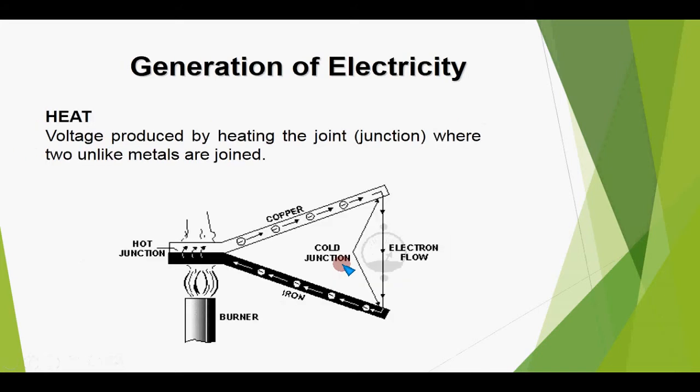Then heat also can be used as the source of the production of electricity. The voltage produced by heating the joints where two unlike metals are joined. These have very important use in different aviation fields, for example in the engines where normal thermometers or other temperature measuring equipment would not be useful, then this technology can be used to measure the temperature